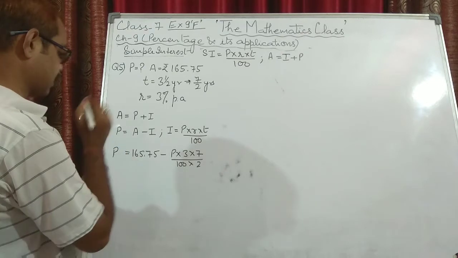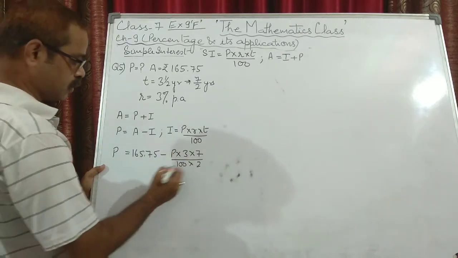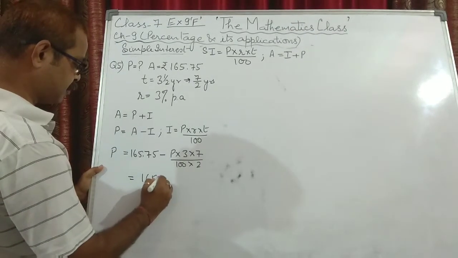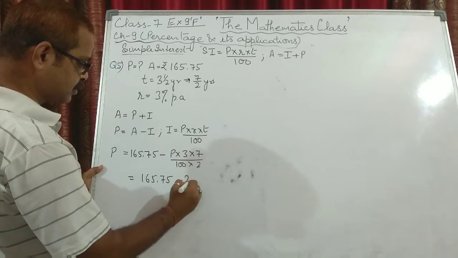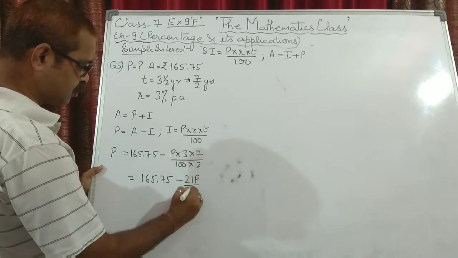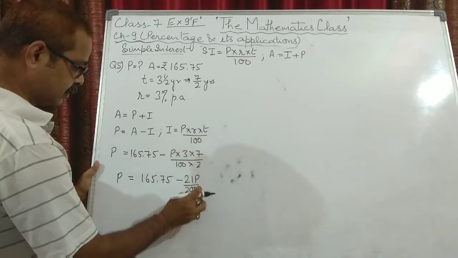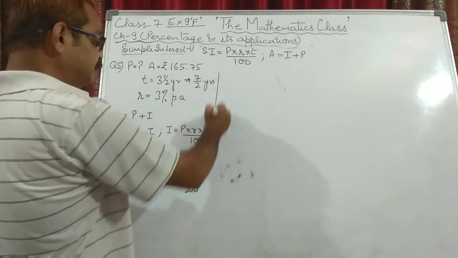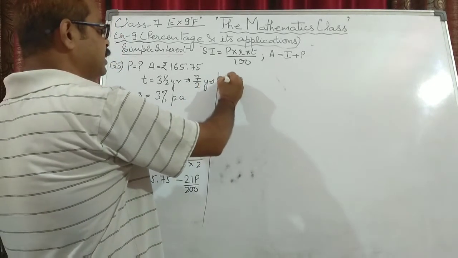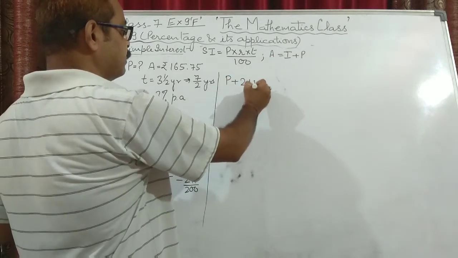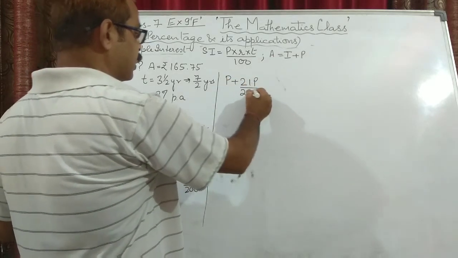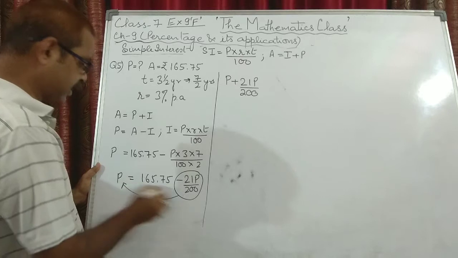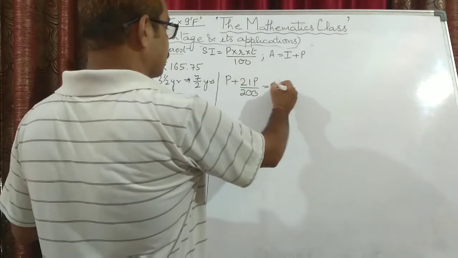This is the principal. Now if you solve, 7 3s are 21 upon 2. 165.75 minus 21p upon 200 is equal to p. This minus 21p upon 200 comes to this side and gets added. It means this can be written as p plus 21p upon 200, this total term brought to this side, so it becomes positive, is equal to